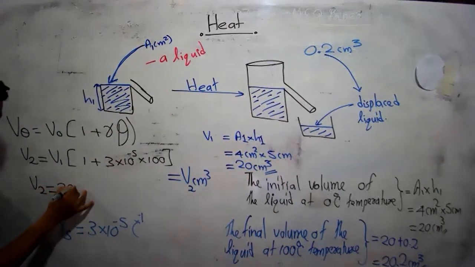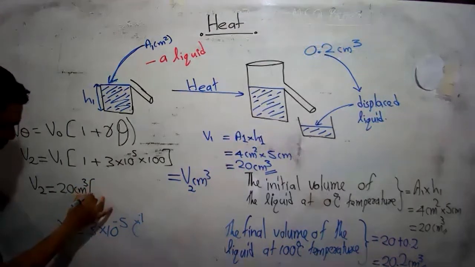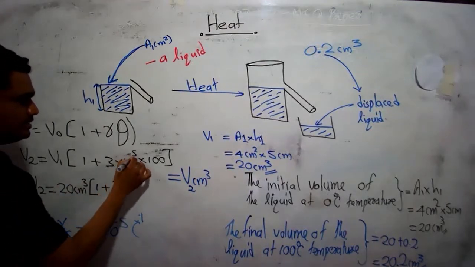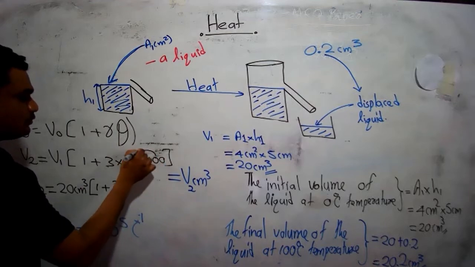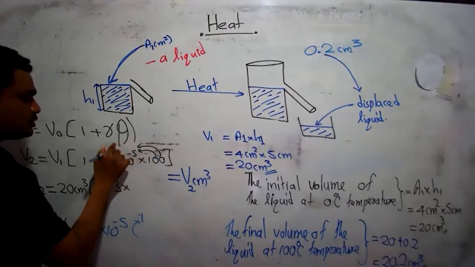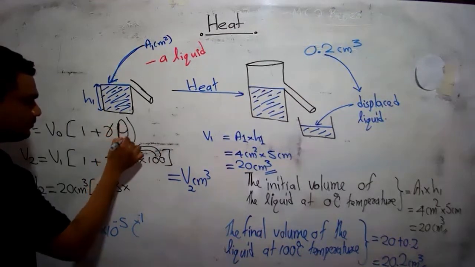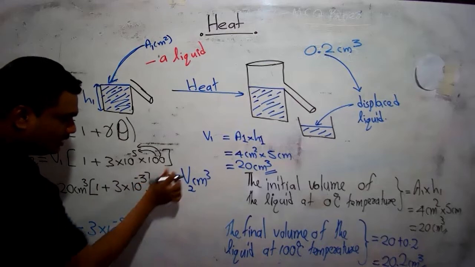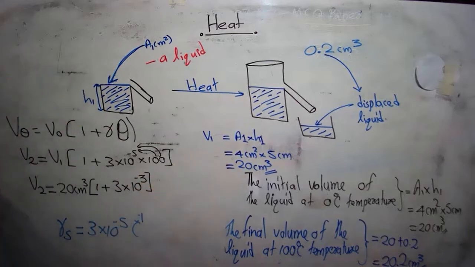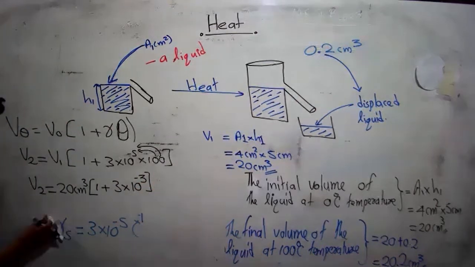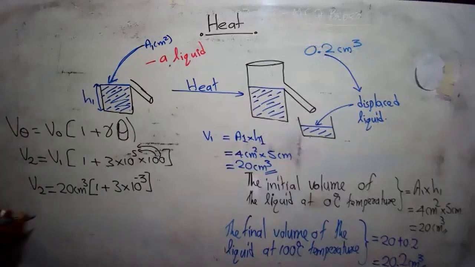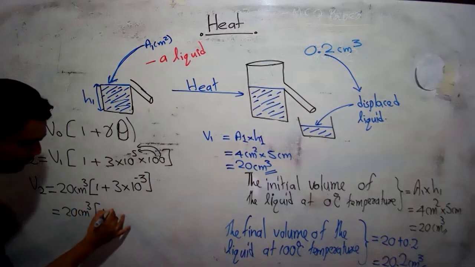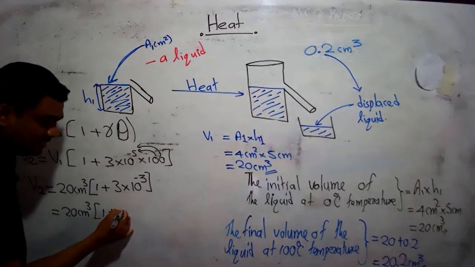20 cubic centimeter equals 1 plus 3 into 10 to the power minus 5 into 100. Because of these two zeros, 10 to the power minus 5 becomes 10 to the power minus 3. Got it? So then this is 20 cubic centimeter into 1 plus 10 to the power minus 3, which means 3